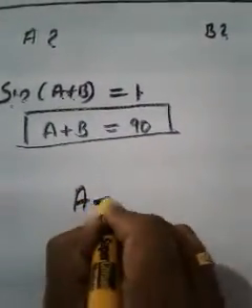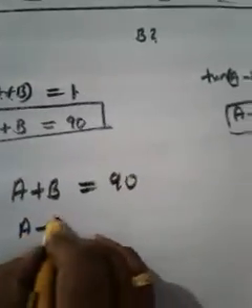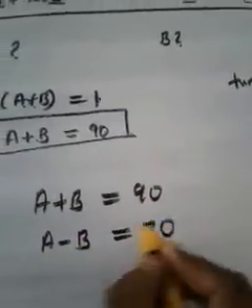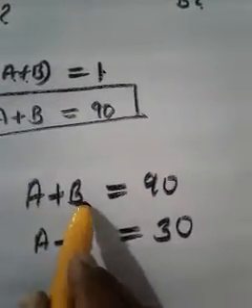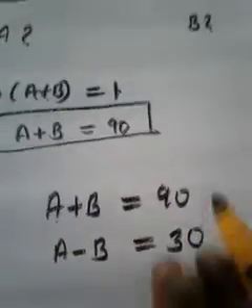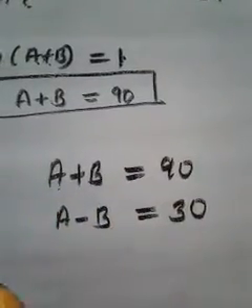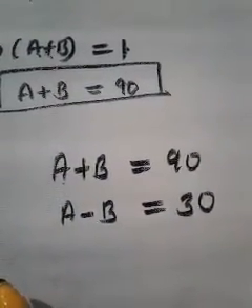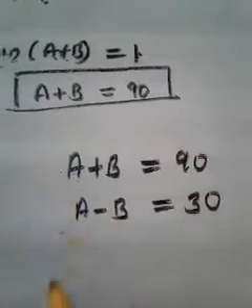So how much have we reached? We got the value of a plus b as 90, and we got the value of a minus b as 30, and you can treat it as a linear equation in two variables. If you read a as x and b as y, it becomes x plus y is equal to 90 and x minus y is equal to 30. So how can we solve a linear equation in two variables? Here the variables are a and b. What is the coefficient of a? Both are equal, so just try to add.